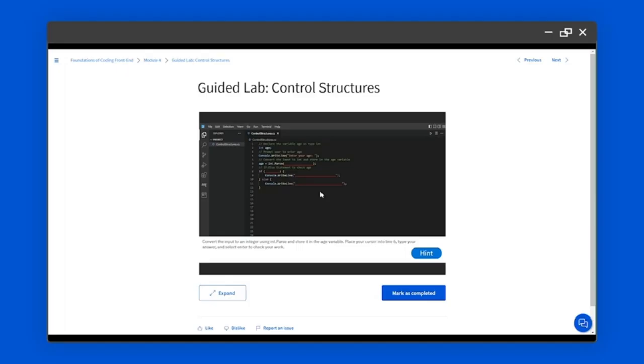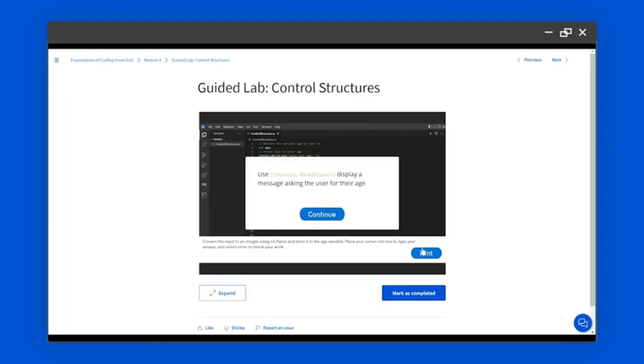Convert the input to an integer using int.parse and store it in the age variable. Place your cursor into line 6, type your answer, and select Enter to check your work. I'm not totally sure here, so I'm going to click on Hint and get some help. And the hint says use Console.ReadLine, and then an open and close parentheses, display a message asking the user for their age. Great, that helps. I'm going to click Continue